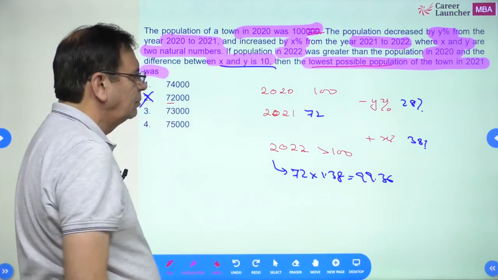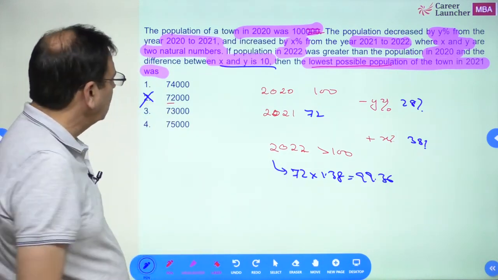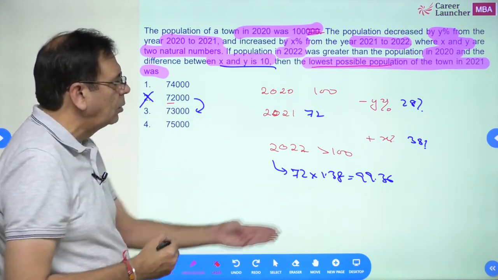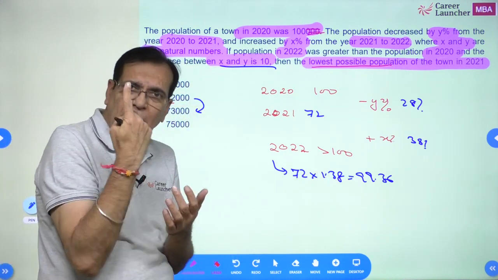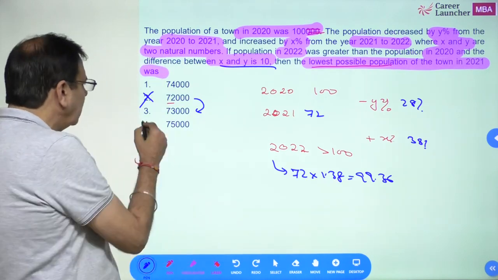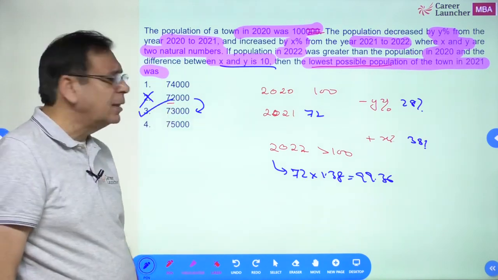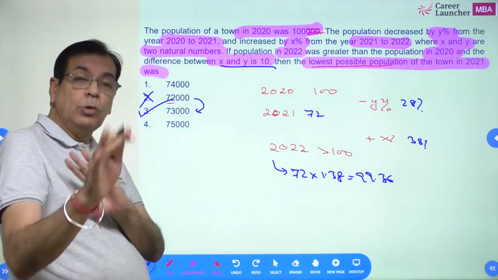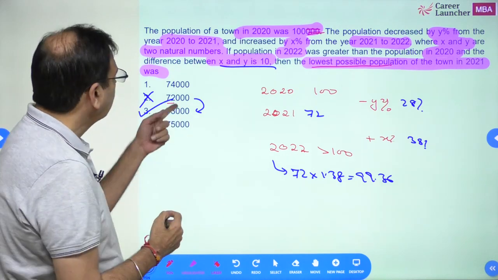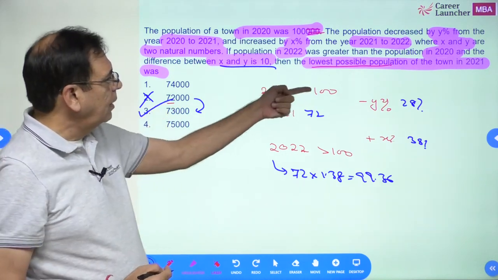72 cannot be the answer. It is 99.36. If I go from 72 to 73, the total will go up by at least 1,000, right? So my answer will be clear. The answer has to be 73. I don't need to check. If you want to check, you can, but there is no need, because from 72 to 73, if this becomes, okay,